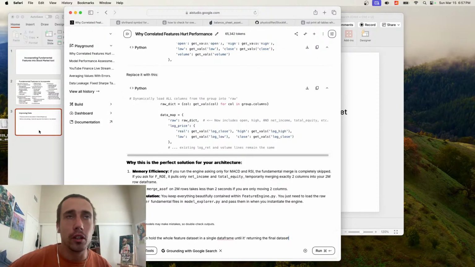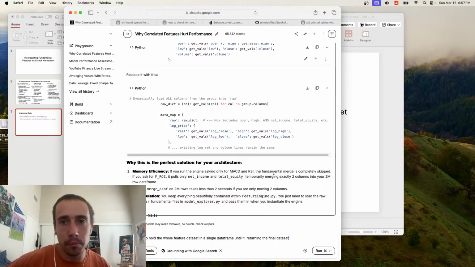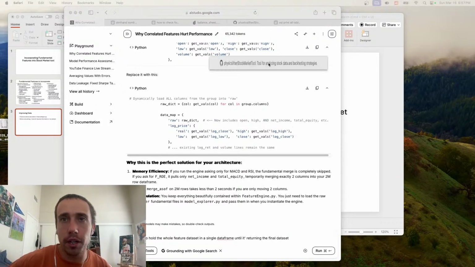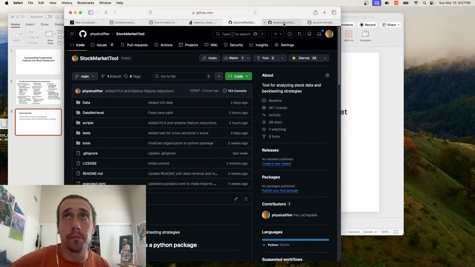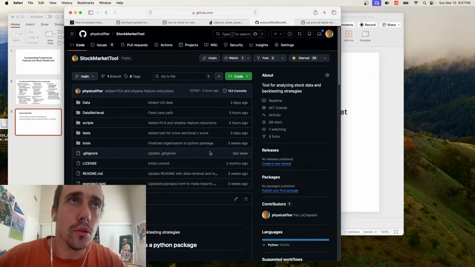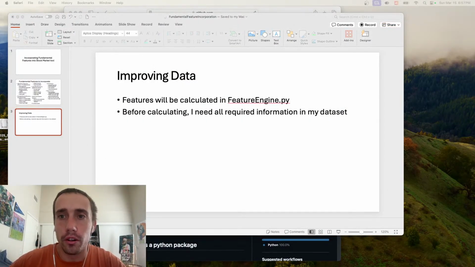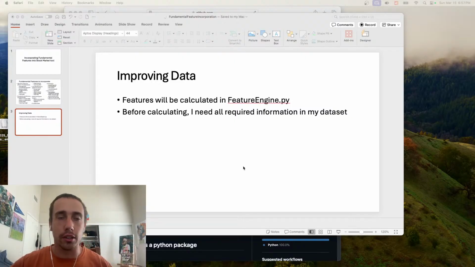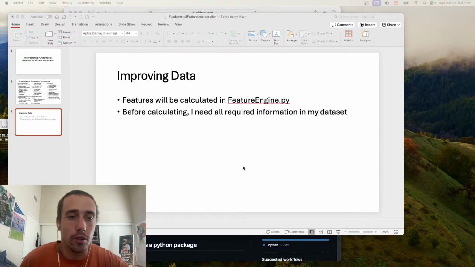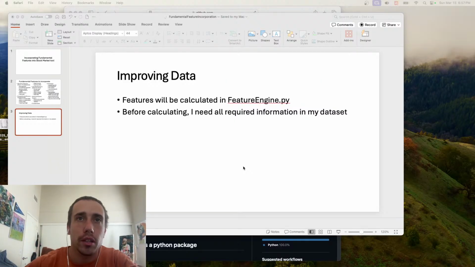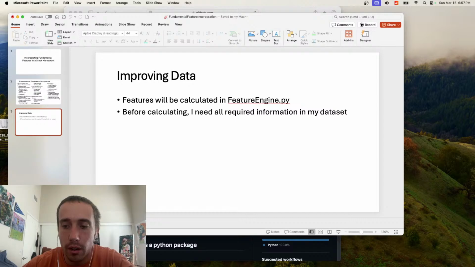And honestly, look at the goals I'm doing. One of the things is I'm incorporating everything into this GitHub repository, and I want to make a tool that's easy for anyone to use. You can just download this tool and start doing the same analysis I'm doing, and you've already built on all of the code that I've already written. If you just do that, you're already leaps and bounds ahead. And then you just have to talk to the AI to see: does this feature matter? Does that feature matter? What kind of target do you think I should use? How do I split the data set? How do I isolate the universe that I want?